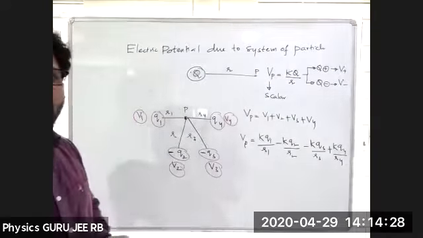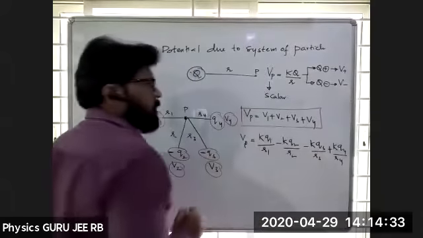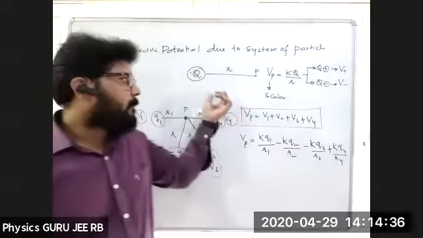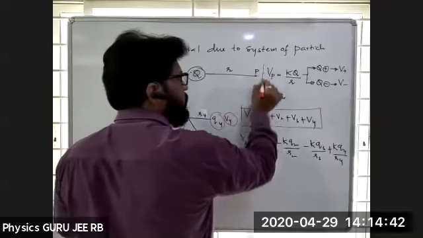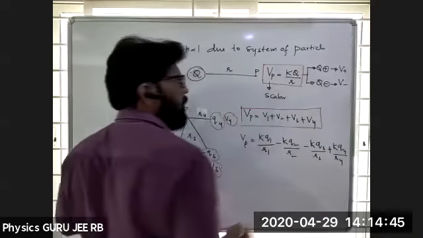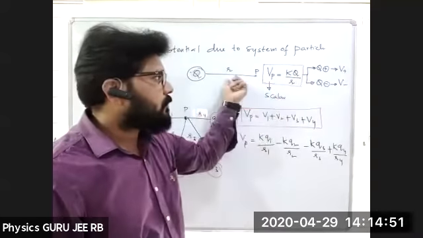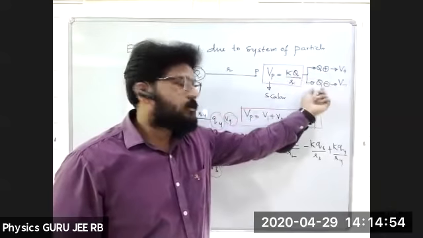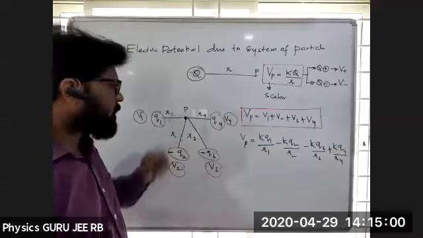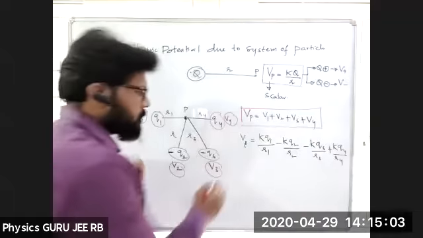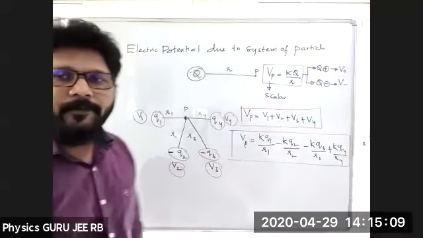So it is a scalar quantity. Let me repeat this one. The potential due to a point charge: we know that at a distance of R, Vp is equal to KQ divided by R. That is the potential due to the point charge at a distance of R. So Q is positive, V is positive; Q is negative, V is negative. This is a scalar quantity. So this is the final expression for this one. Is it clear, all of you? Any doubts?